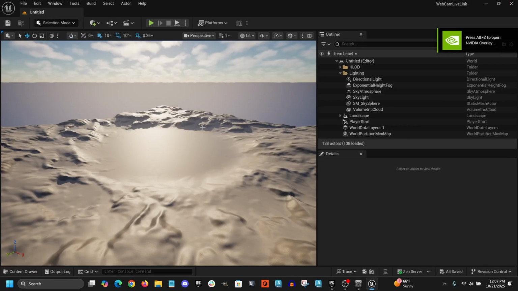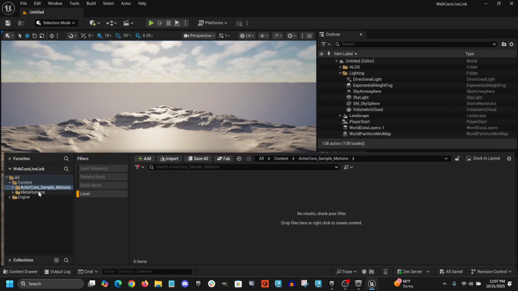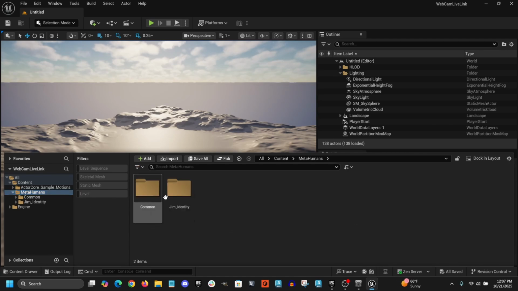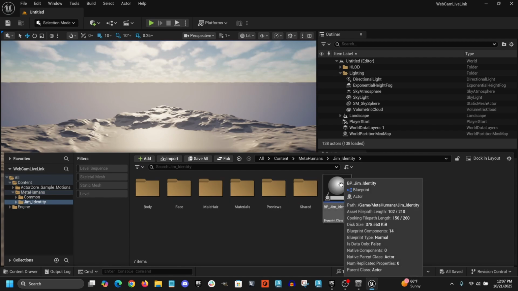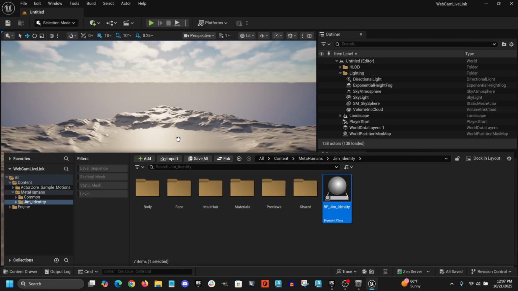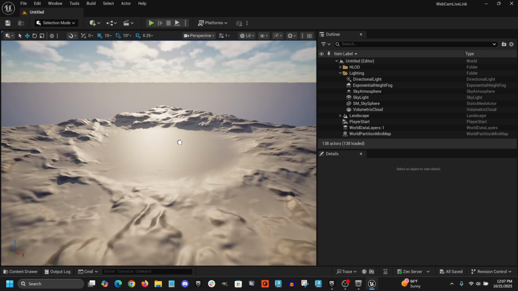Right, so close the plugin window, and we're going to go to the content drawer and look, and sure enough, in the MetaHumans folder here, we can see that there is a gym identity, and if we open up that folder, we'll see that there is a blueprint actor for my MetaHuman. Now I'm going to go ahead and drag that and drop that into my scene,